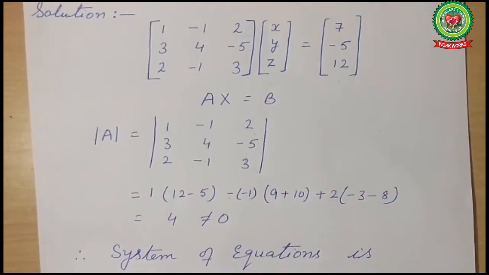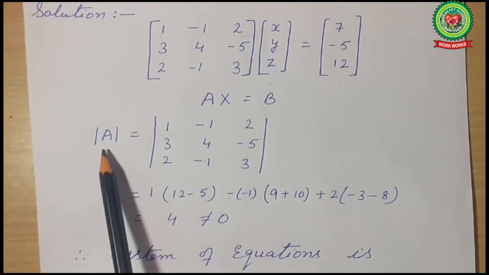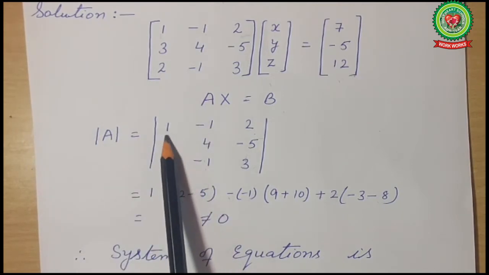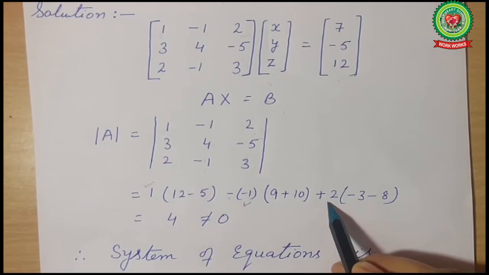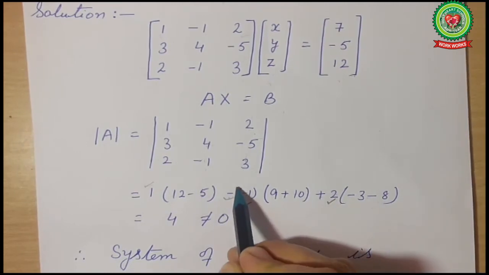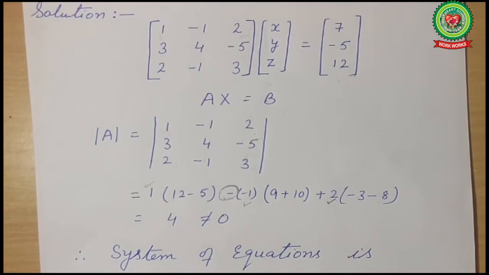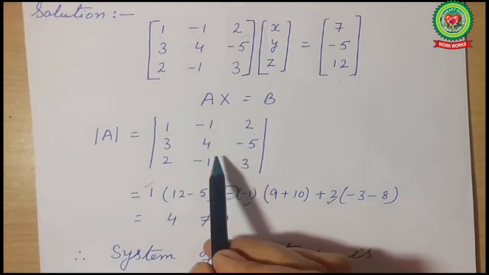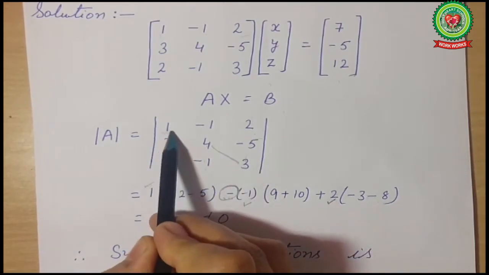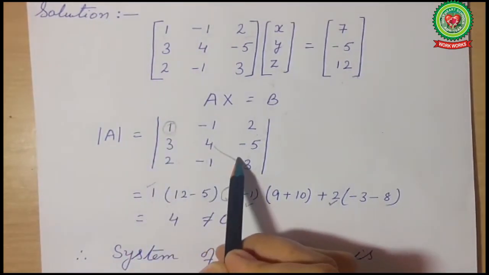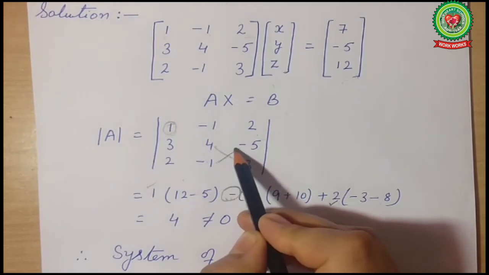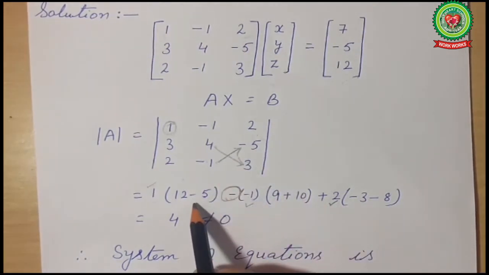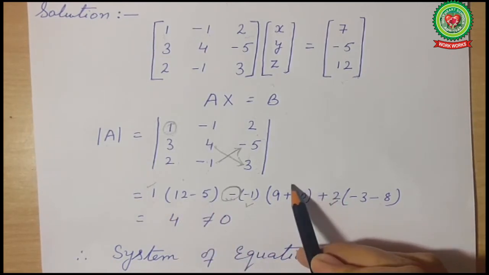According to the second step, we will find the determinant A. For determinant A, we will write down the elements of the first row as they are: 1, then minus 1, then 2. For the second term, one more minus sign will be there. Now we will continue with the cross multiplication. When we write down 1, cross multiply 4 into 3, 12. One negative sign is there. Minus 1 into minus 5 is equal to positive 5. But with the additional negative sign, it will be equal to minus 5. So 12 minus 5. In the same way we will solve the rest.